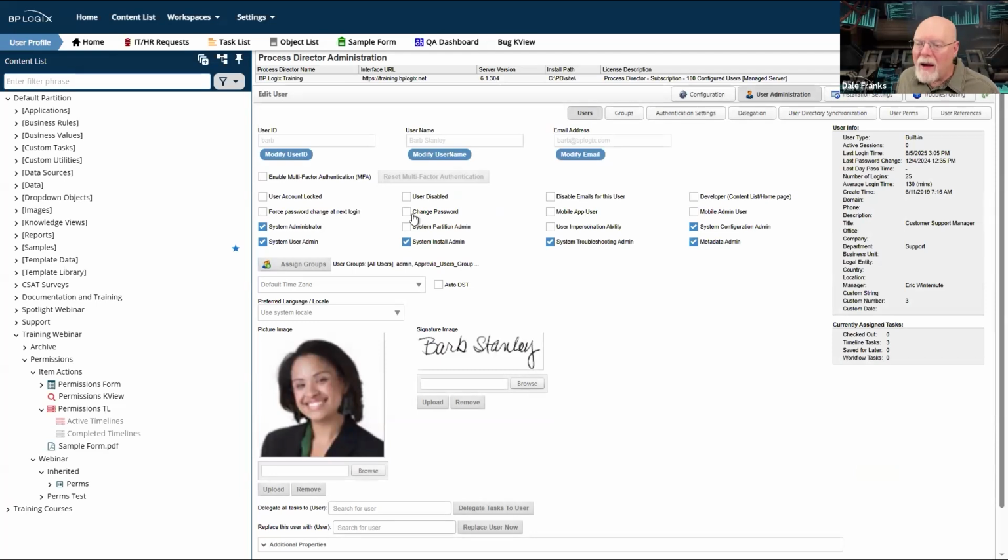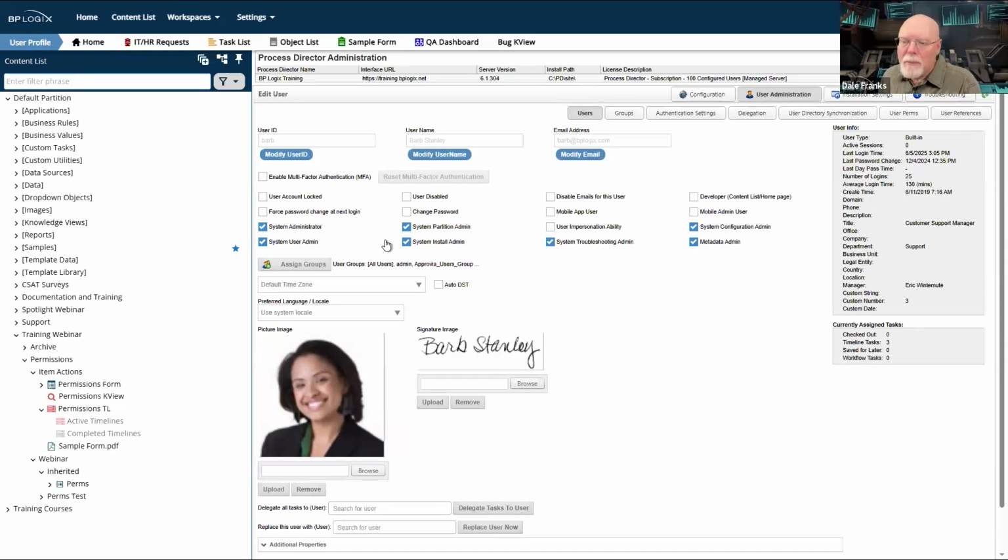If I have, where is it? Oh, she's already a configuration. Wait, she's already, where is it? There it is, partition admin. This has changed so much over the last 6 months. It's hard for me to find stuff. So this right here, this has nothing to do, obviously, with permissions, this checkbox that says System Partition Admin.